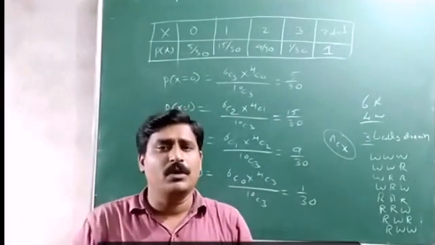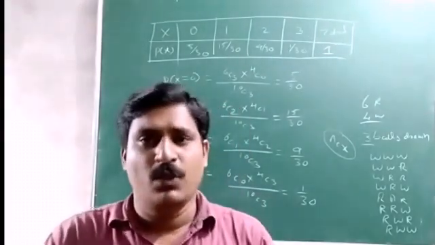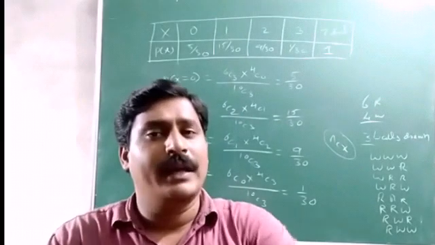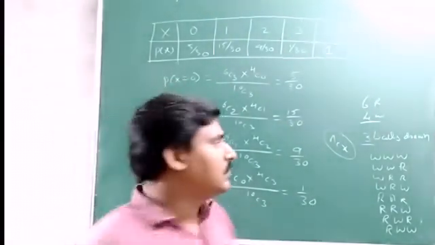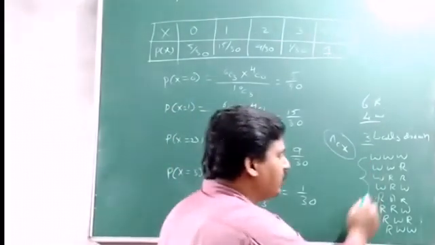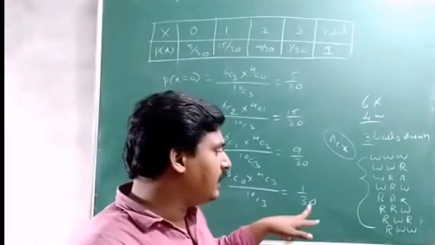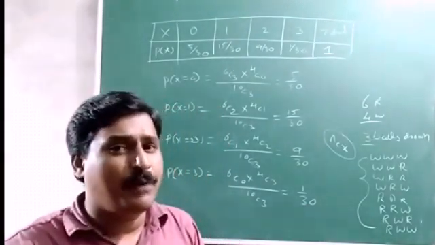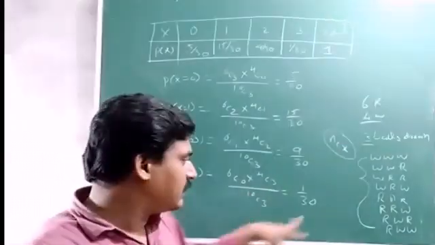So one more thing I would like to tell about this event here. When 3 coins are tossed, the exhaustive cases, the maximum number of outcomes, are 8. In the same way, I have shown you 8 outcomes here. But here we got divided by 30. So getting 3 balls out of 10 balls, exhaustive cases are 30. How 30?